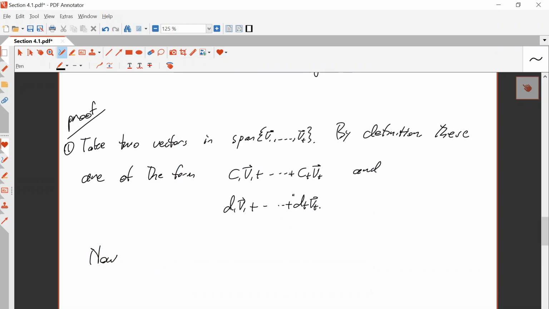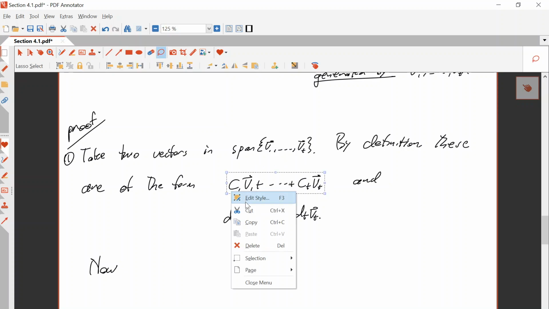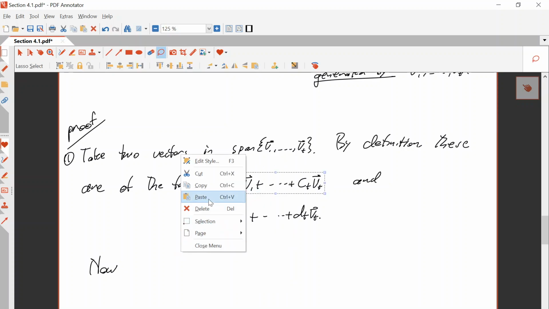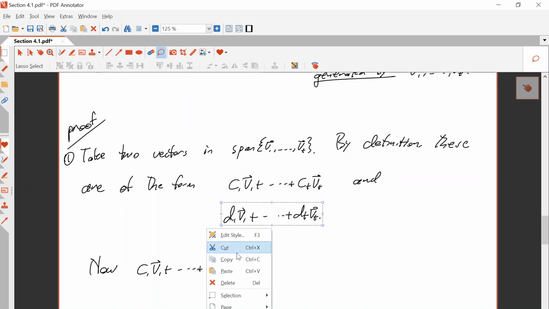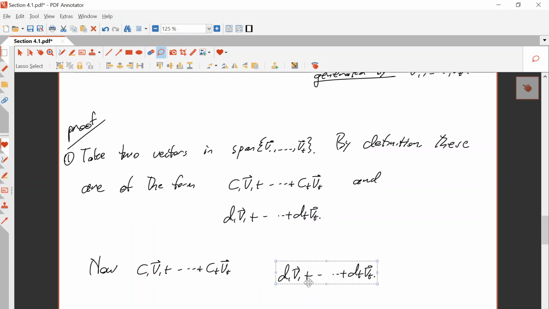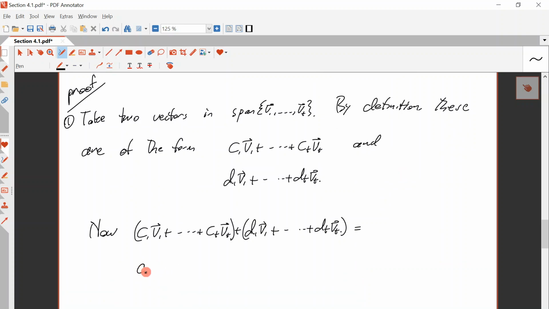If I add those, all I have to do is combine like terms for vectors V. So this plus this is equal to C1 V1 plus D1 V1 plus